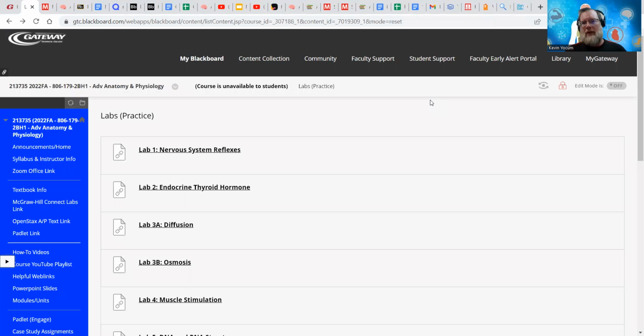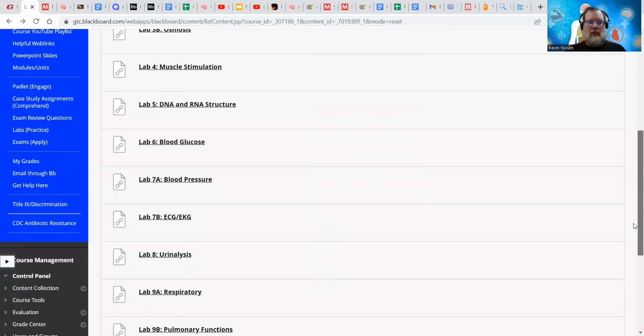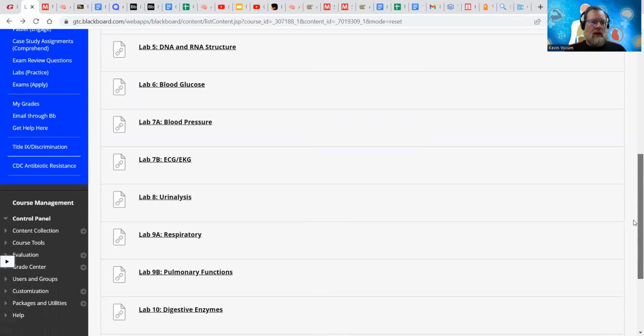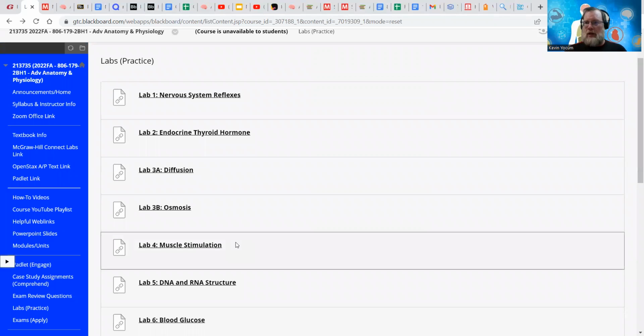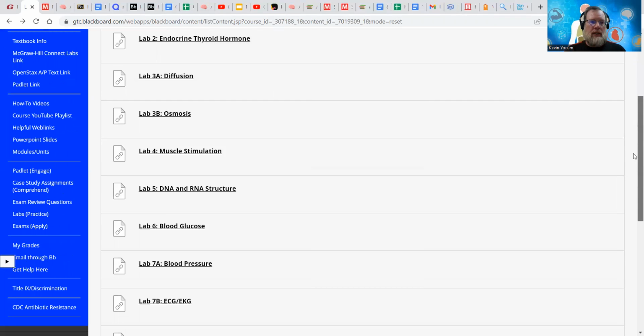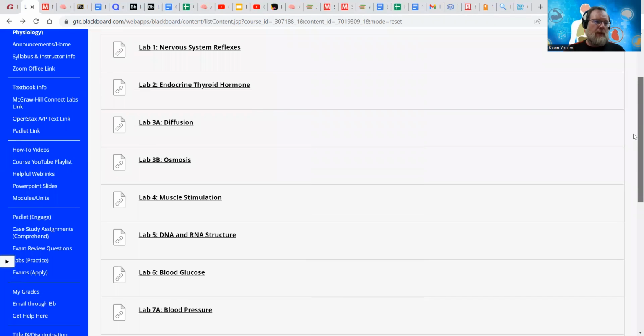If you're having any issues with a lab or it's kind of acting funny, just let me know and we'll get it figured out. But like I say, all the labs are pretty straightforward. All right, and then once you finish the lab, it'll automatically input your score into Blackboard. Same with your exams. All of your stuff as far as grades go gets put automatically into the Blackboard gradebook once you complete it, except for the case studies. Those are the only things that I go in and specifically grade and input your grades for.